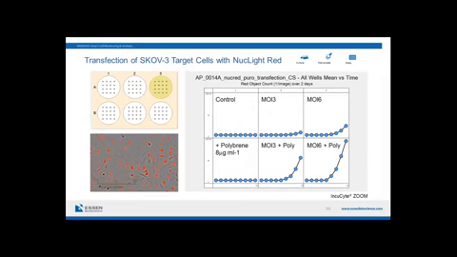So to begin with, how was continuous live cell analysis applied? Well, from the outset, when we grew these SCOV3 target cells in 6-well plates, we did the transfection with the NucLight Red lentivirus construct. At that point, we didn't know what the optimal concentration, MOI, of lentivirus to use, so